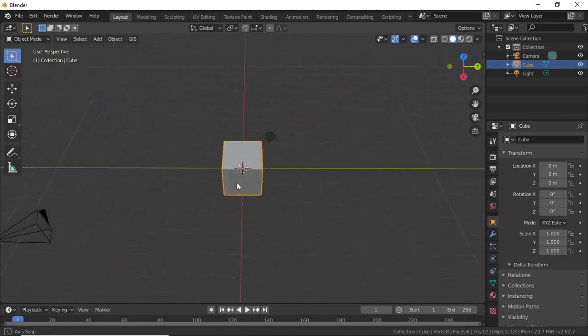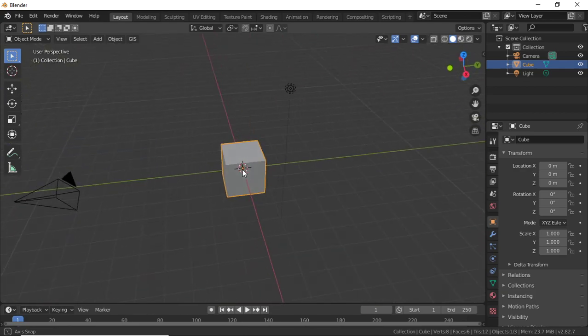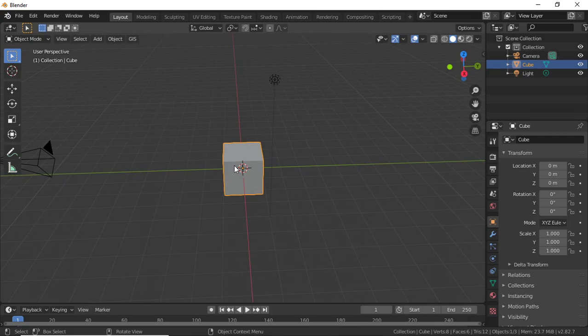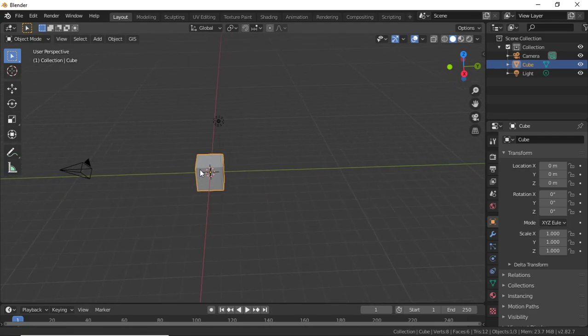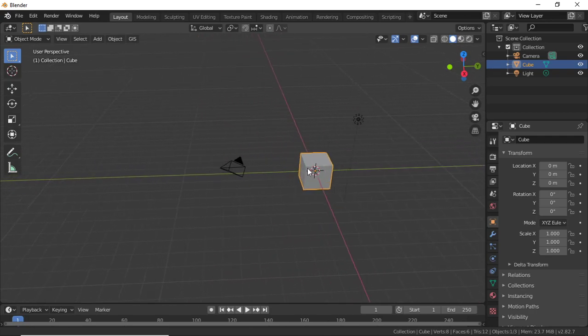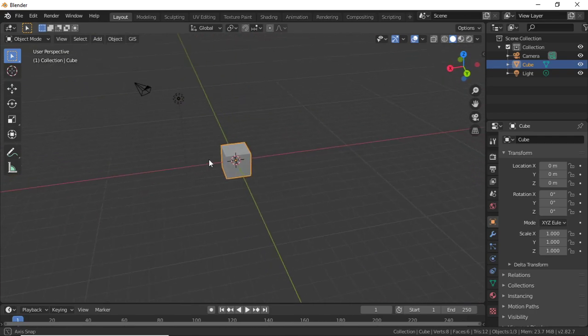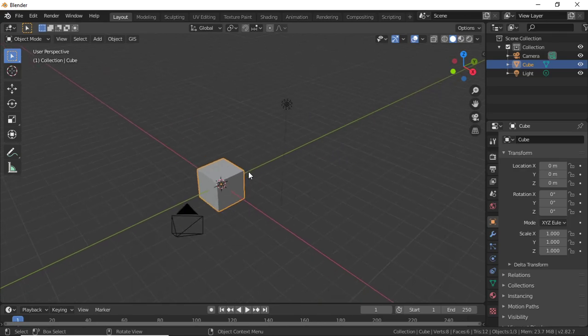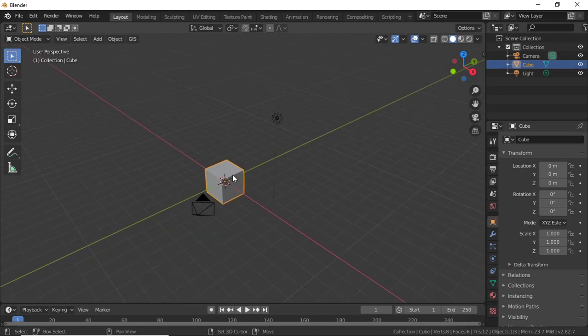So for Blender, if you haven't used it before, same thing. Press down on the middle mouse button to pan around. If you scroll with the scroll wheel, you can zoom in and out. If you press shift and then middle mouse button, you can pan left and right. Rotate by pressing down, in and out. Or if you press shift and then the tilde key, the key next to the number 1, then you can